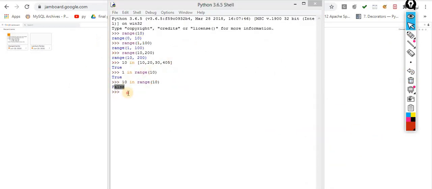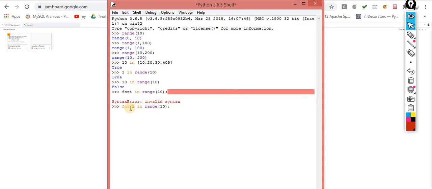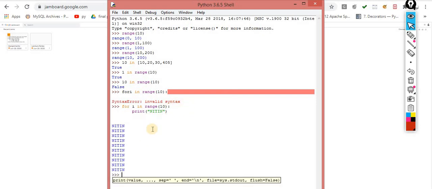So I will show you, just wait for a second. For i in range of 10. Okay, now this time I made a spelling mistake, because for space i, keep this funda in mind. Okay, for i in range of 10, print, let's suppose I am printing my name NITIN. Now you will get the output on the screen 10 times. Now you can observe the same thing is happening how many times? 10 times. 0, 1, 2, 3, 4, 5, 6, 7, 8, 9.